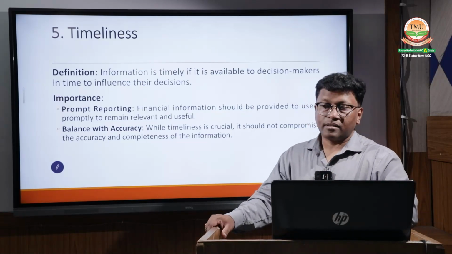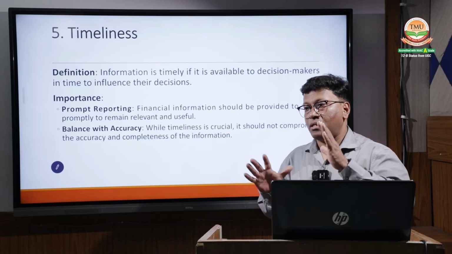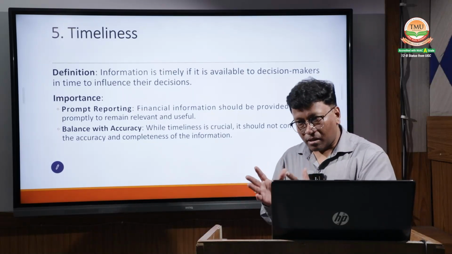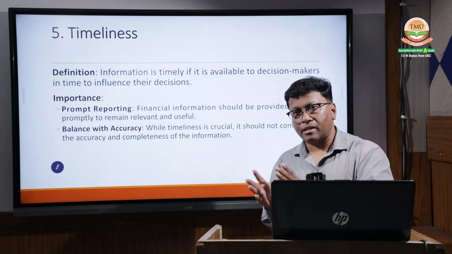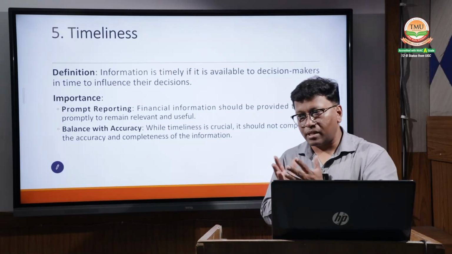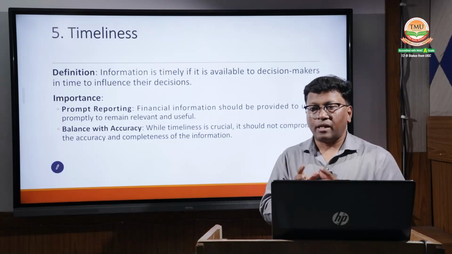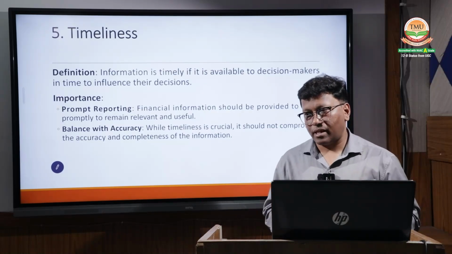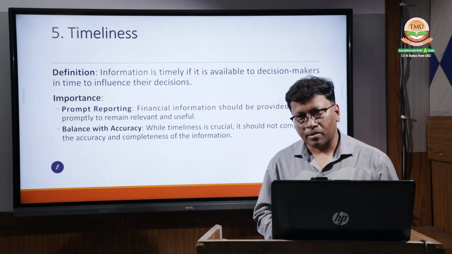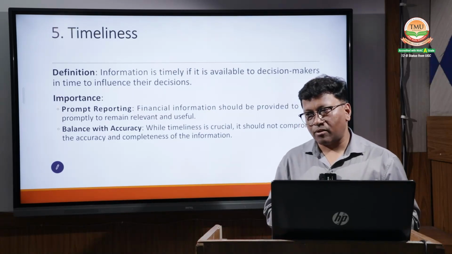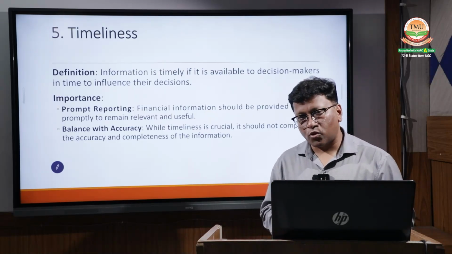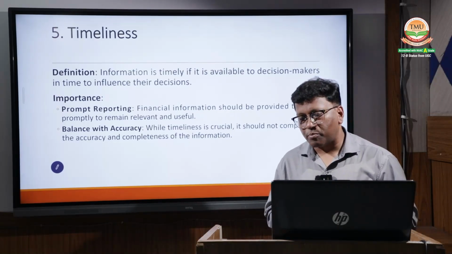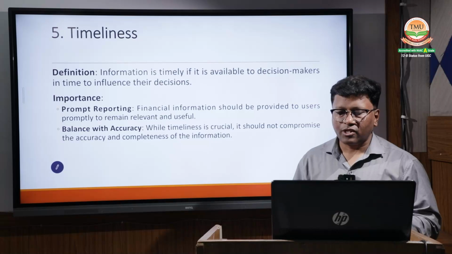Because as I told you, there should be a very clear picture. The users or the stakeholders of accounting are going to take decisions based on this accounting information, right? And if the accounting information is not correct, accordingly the decision would be taken and maybe the business suffers loss. So in the interest of the business, we should be very specific while maintaining the books of accounting, and it should be kept in mind that accuracy should be there